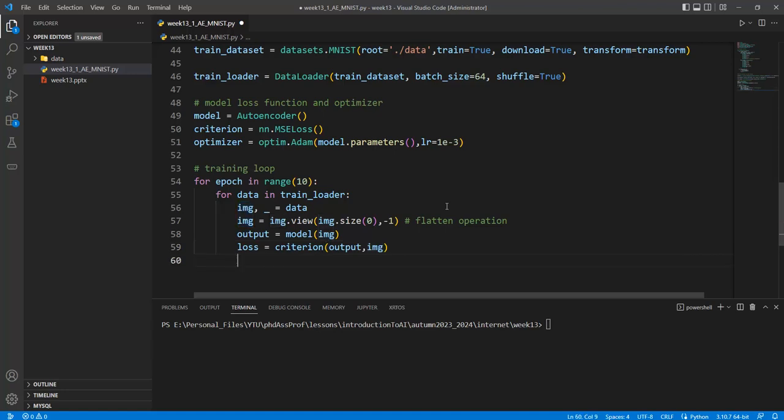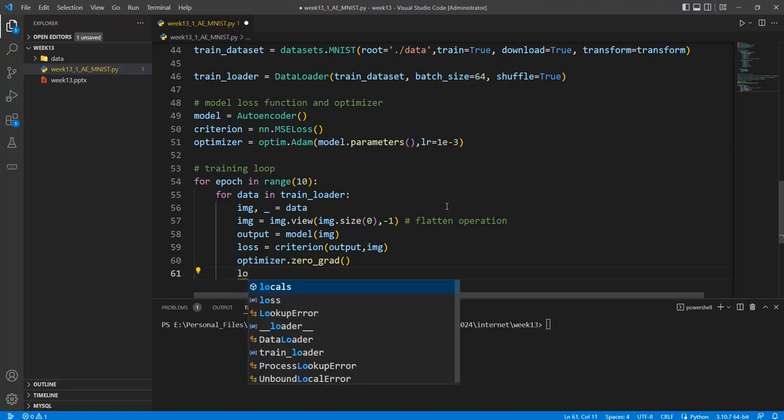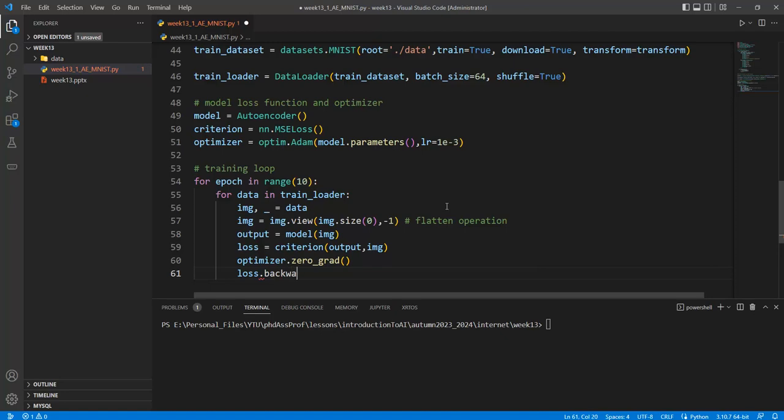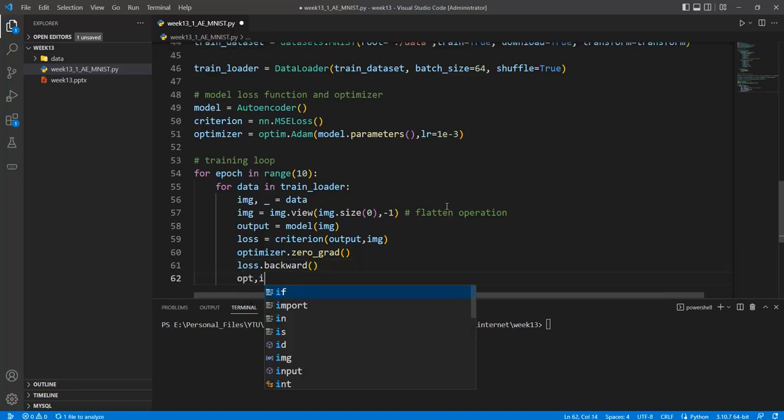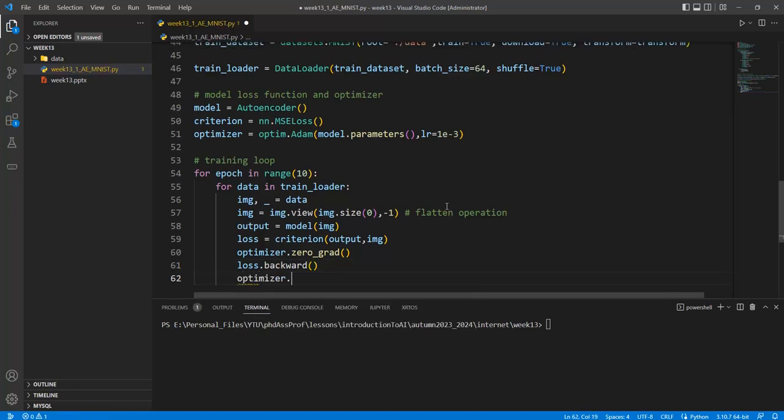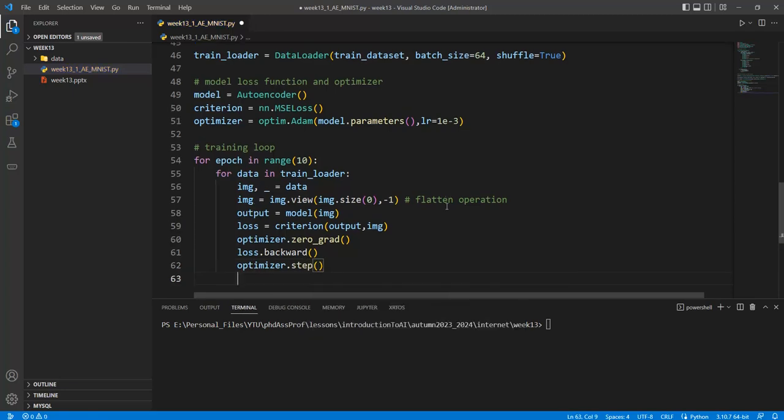And after that, optimizer.zero_grad should be called to clear the gradients, and loss.backward should be called because the error should be distributed in a backward way, and we just take the updated coefficients in here. Okay, and after that optimizer.step should be called in here,